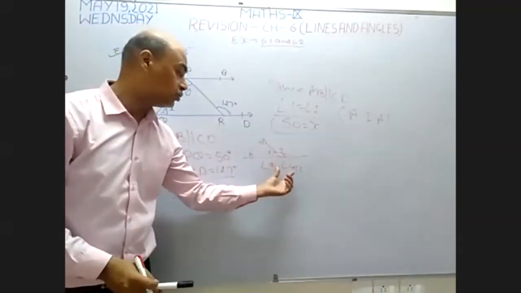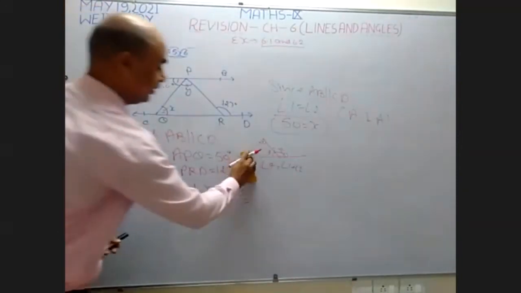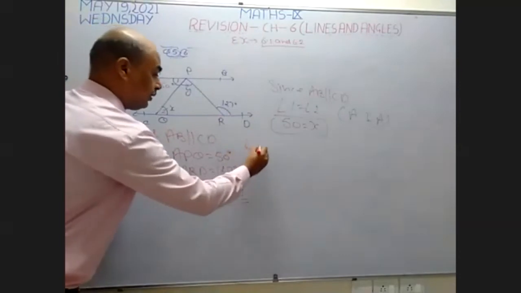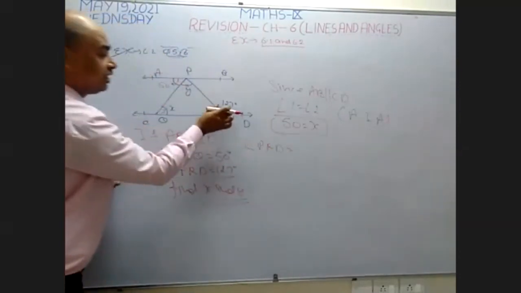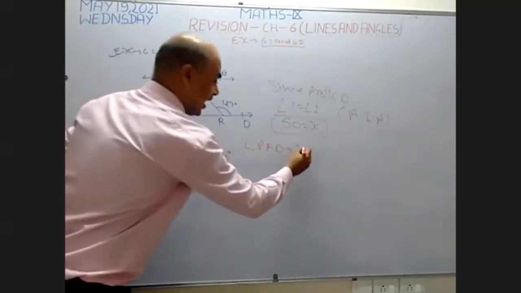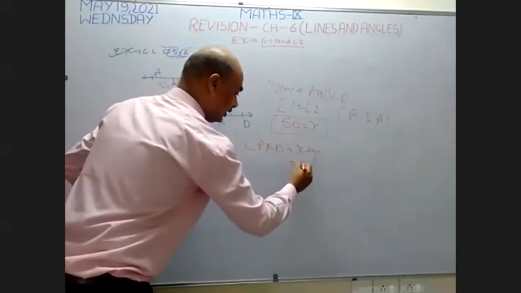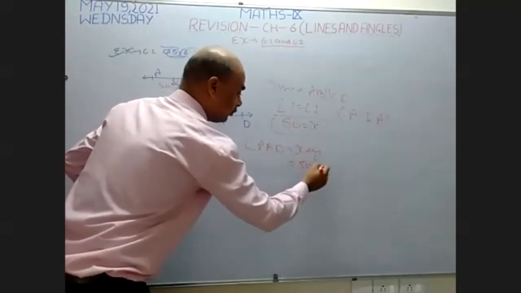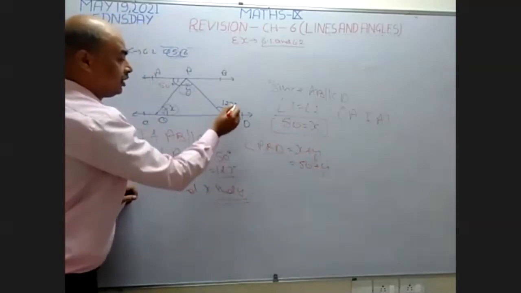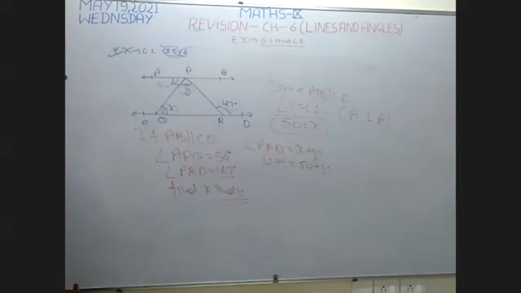Okay, but I want to use this property now to find the value of y. See what I am going to write here. Since this is the exterior angle, write angle PRD. This exterior angle is equal to the sum of these two angles. So I write here angle x plus angle y. Since the angle x value is written on the board, I take 50, and y remains as it is. The value of PRD is given, which is equal to 127 degrees.